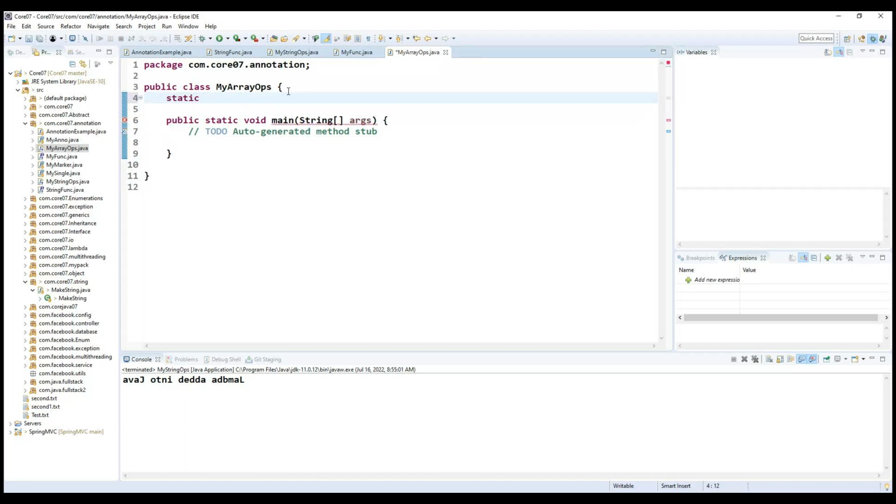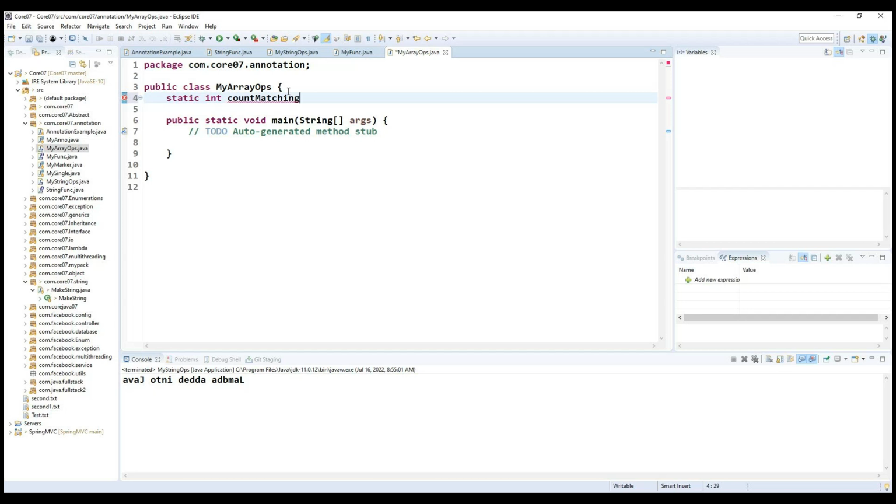I'm not going to use the class as generic, only this particular method as a static generic method. We already identified this method will return the integer type, because internally we are going to call